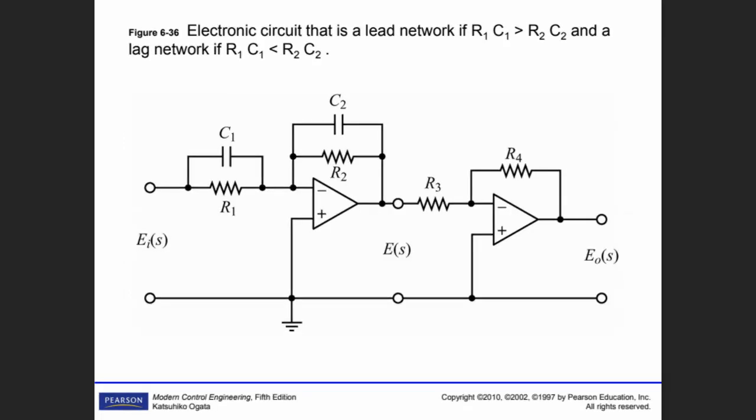That was the compensator itself. However, in that case, R1C1, can you see that? Follow my cursor. R1C1 is smaller than R2C2. However, for the lead network, R1C1 was higher than R2C2. It's the opposite. Your book, instead of alpha, is using